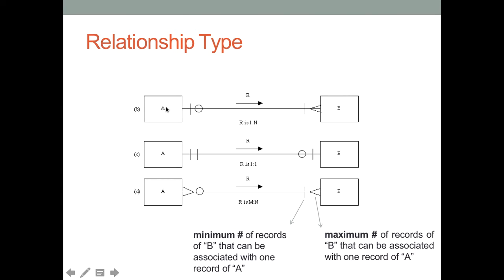This one, a record of A is associated with one-to-many records of B, and one record of B is associated with 0 to 1 records of A. So this is a one-to-many relationship. A real-world example I can think about is A represents order, for example, an Amazon order, and B